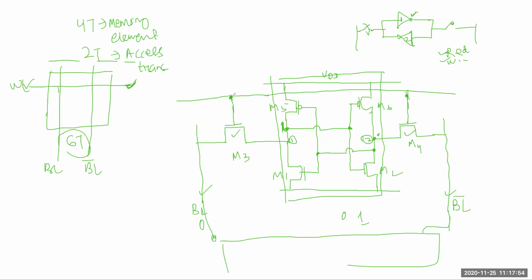That's why this is your word line. Word line means we send some address. In the previous figure I said there is an address decoder and word line driver. That signal will go to this node. When this is on, these two transistors will be on. At that time we can read this value or write this value.